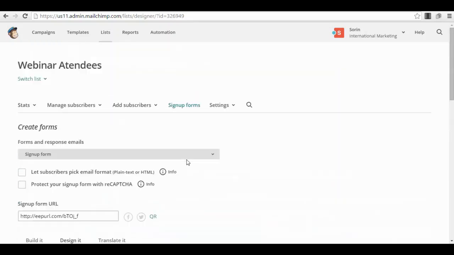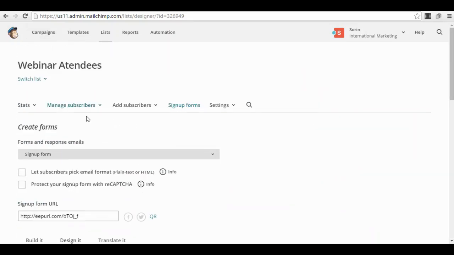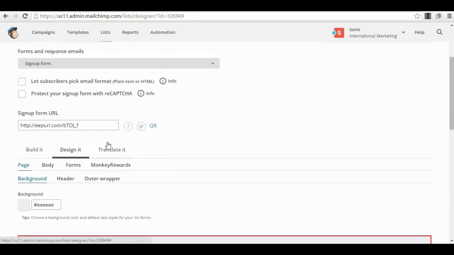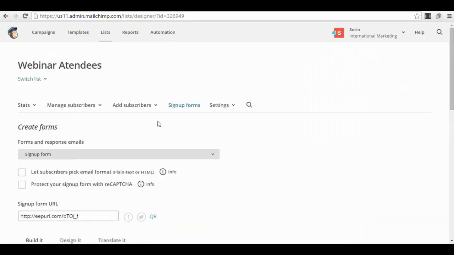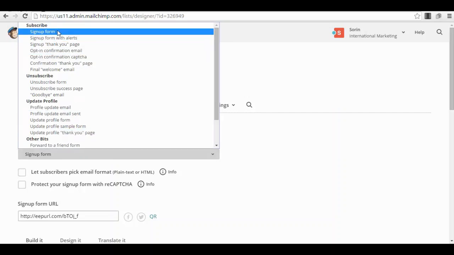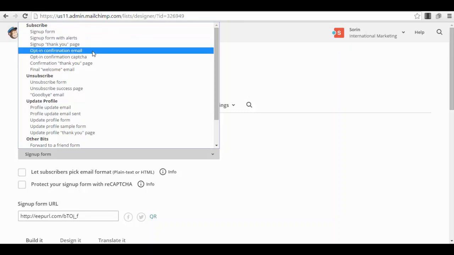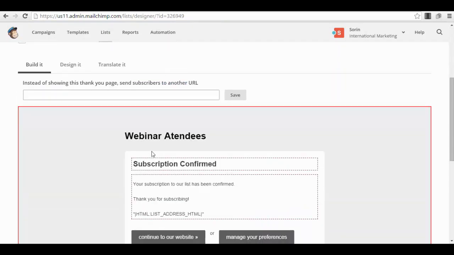Now, one thing that you can also use, so you won't have to create a newsletter and send it to your lists every single time, is the next thing. Sign up form, let us save this form, build, add field. Just a second, guys. Okay, so we have created the form. You can check now the sign up form, opt-in confirmation email or confirmation thank you page. You can go to the confirmation thank you page.